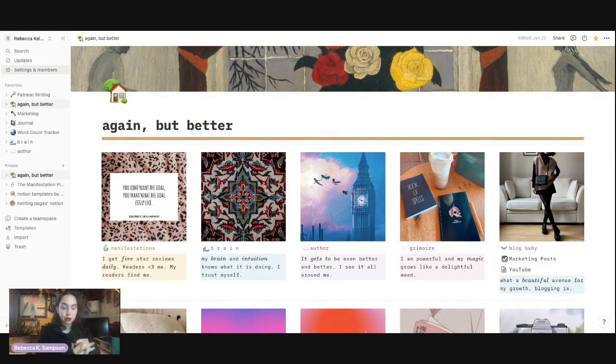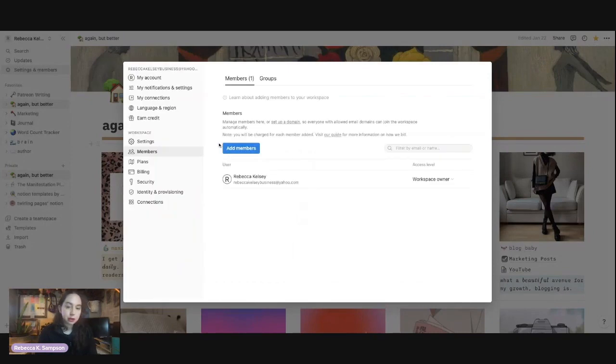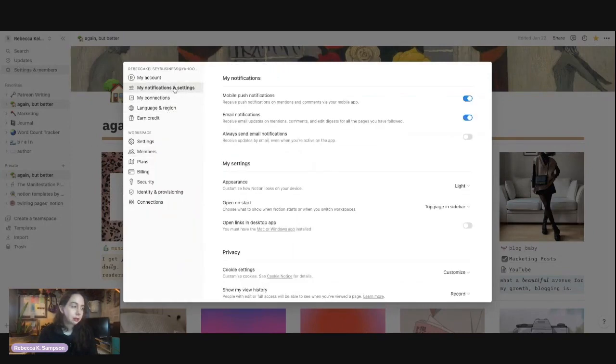First, I wanted to show you beforehand, I'm showing Notion in light mode just because I think it's a little easier for the video. But if you are like me and you prefer dark mode, here's how you find dark mode in Notion, because it is actually kind of difficult to find. So if you go on the left-hand side, you click Settings and Members, open that up, and then click My Notification and Settings up here.